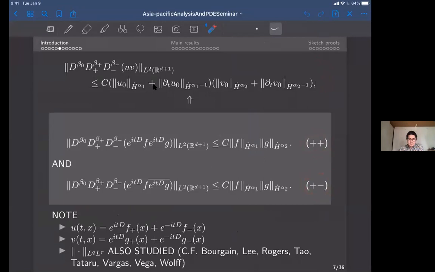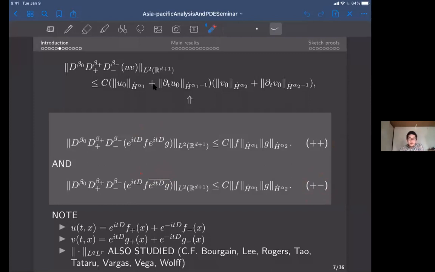It's called plus plus because we have a plus wave and plus wave here. And then the second one is called plus minus because we have plus wave. And if we put this complex conjugate here instead of here, then that's minus wave. So we call that plus plus and plus minus. And these two are the main objects that I'm going to consider here, especially this plus minus because it's much more difficult than plus plus.